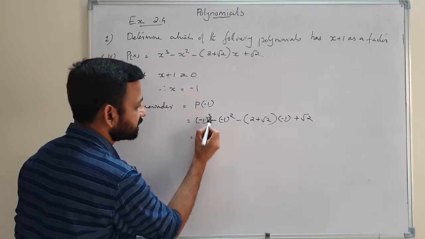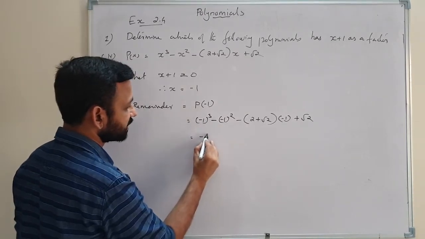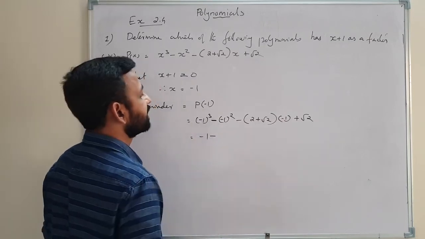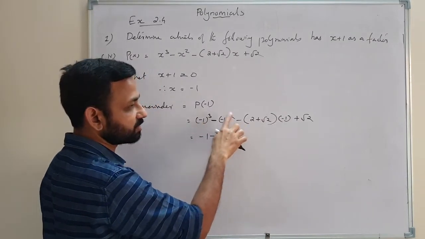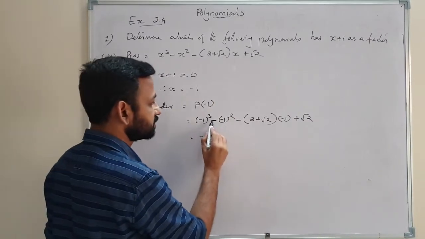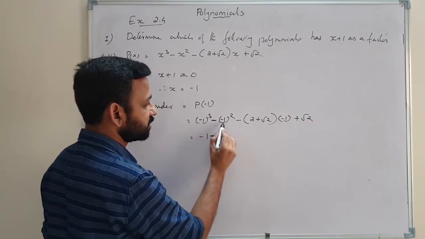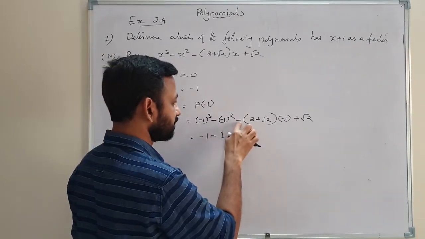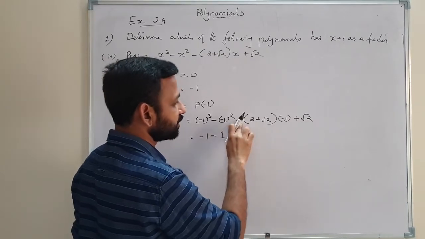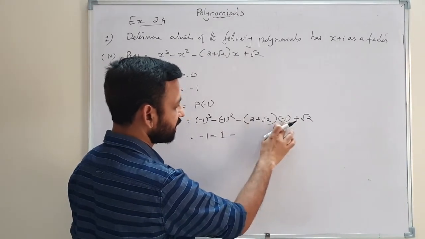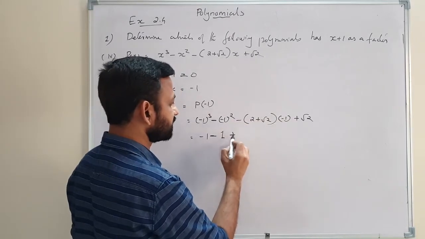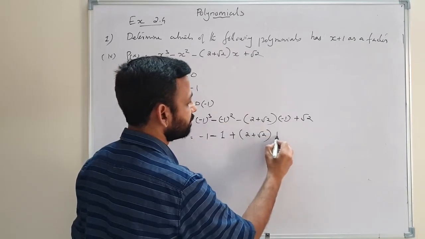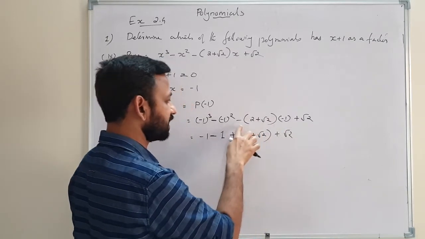So here this number is odd, so minus 1 raised to 3 is minus 1. Then this subtraction symbol here. Then minus 1 square: minus 1 raised to an even number is plus 1. So in the place of minus 1 square we will write plus 1. Then the minus sign, this one, into minus 1 is there. Minus 1 into minus will be plus, 2 plus root 2, then plus root 2. Minus 1 into minus 1, that is plus 1.